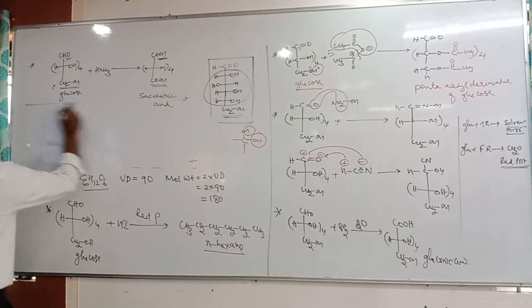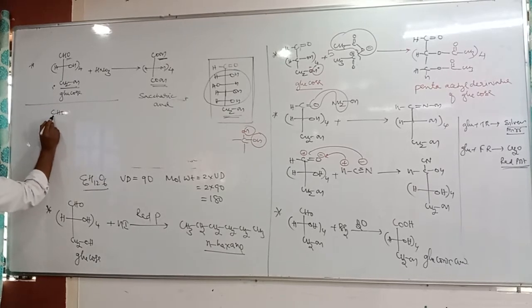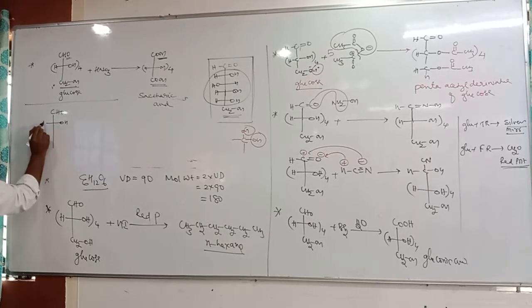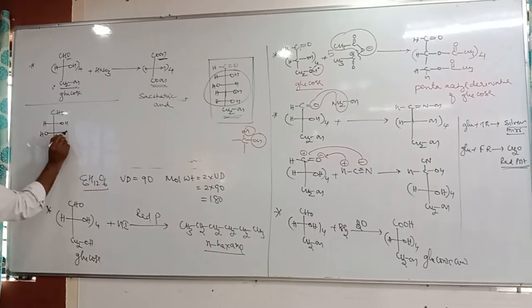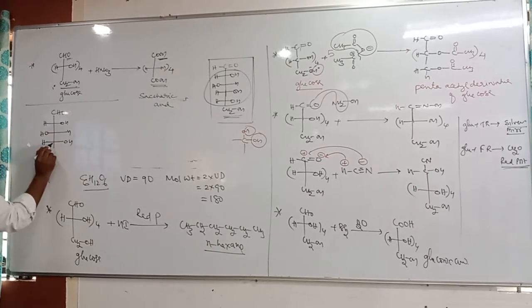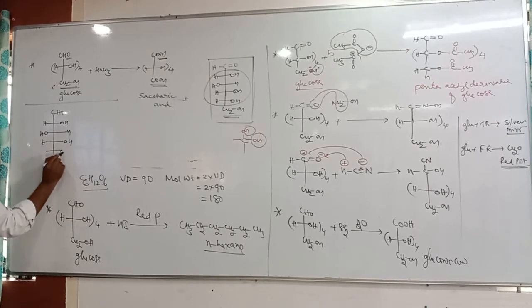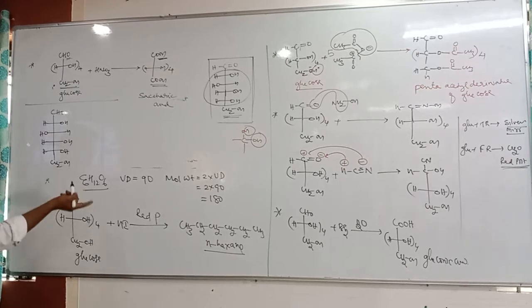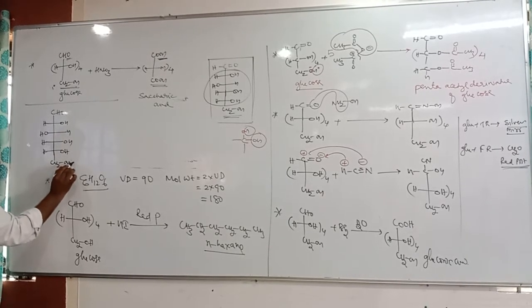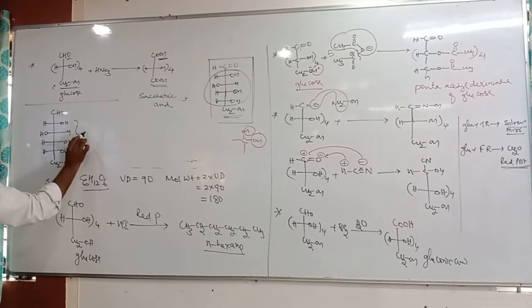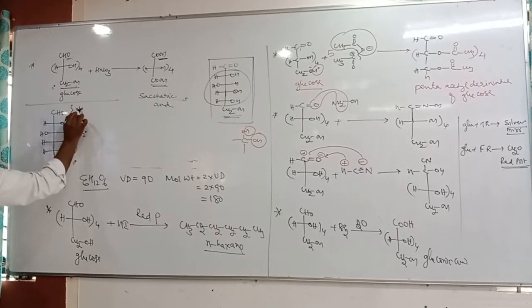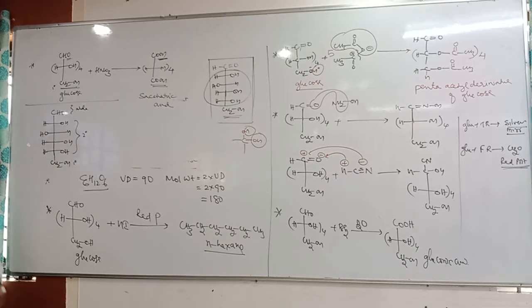The structure of glucose is such that glucose contains an aldehyde group. Tell me, how many OH groups does glucose contain? Five OH groups. And how many are secondary and how many primary alcohols? There are four secondary, because one primary is confirmed. One primary confirmed means the remaining are all secondary. Tertiary is not possible. So this is a primary alcohol, the remaining are all secondary alcohols, and this is the aldehyde group. So this is the structure of glucose derived from all these chemical reactions.